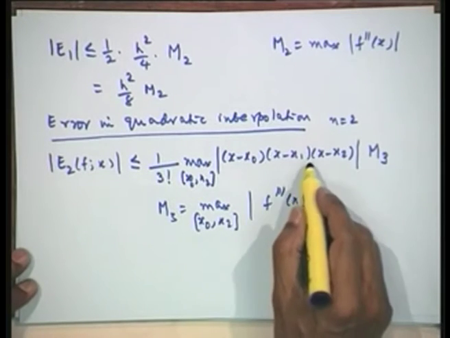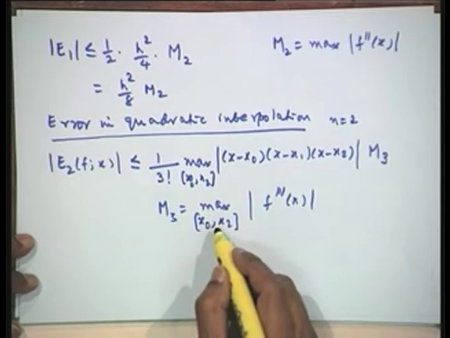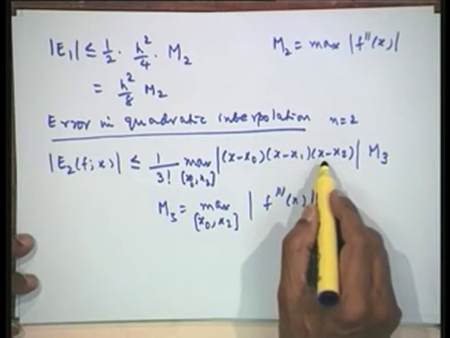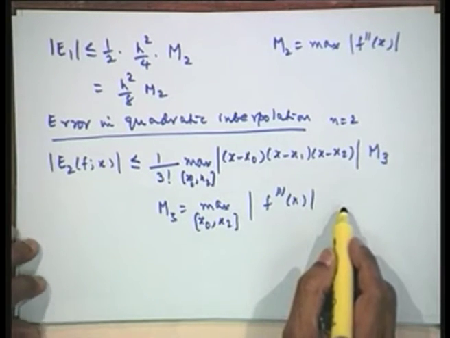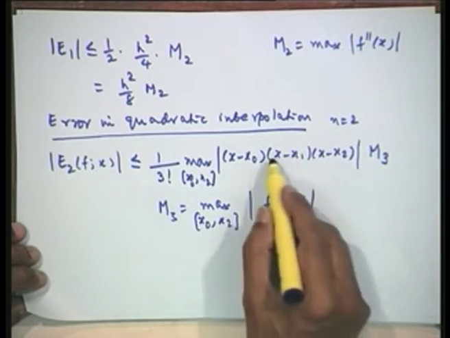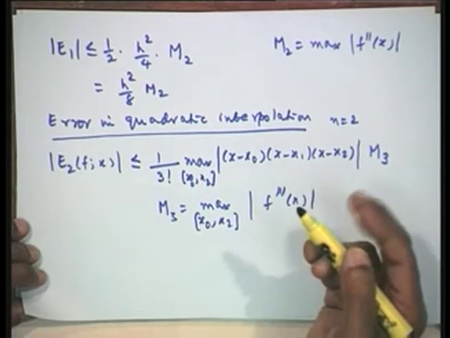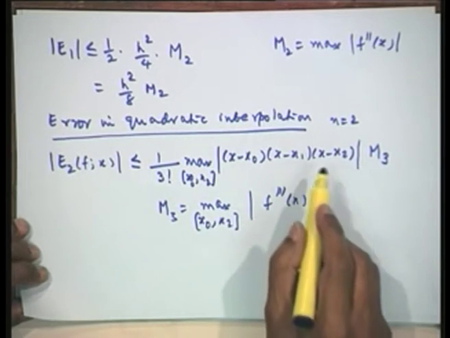If a critical point falls outside the range, we are not considering that particular point. We are considering only the points which fall between x0 and x2 when we are finding the maximum of this; only at that point can we find the maximum. This is a cubic, so again we can differentiate it and find the roots. There will be two critical points, and we can find those two and then find the value at each one.